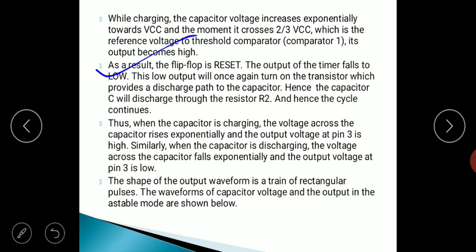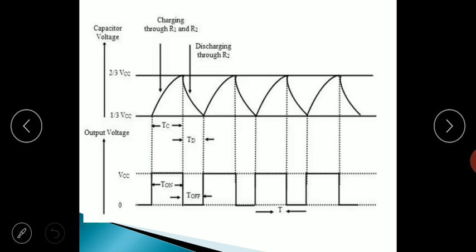Right? So for how much time the output remains high and for how much time the output remains low depends upon the values of R1, R2 and C. The rectangular pulses or the square wave we are obtaining, and how much time the output remains high and low, depend upon the values of R1, R2 and C. Since when the capacitor is charging, it is charging through R1 and R2, and when it is discharging, it discharges through R2, when you write the charging time we have to consider resistors R1, R2 along with C, and when we write the discharging time, we have to consider only the resistor R2 and the capacitor C.